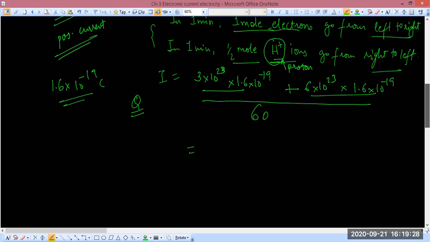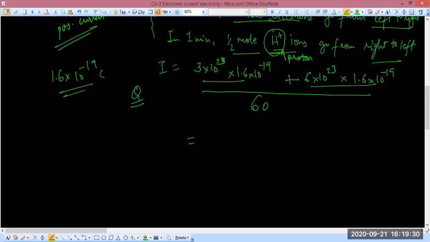Please remember that direction is important for current. Direction is important. If you think of one electron,